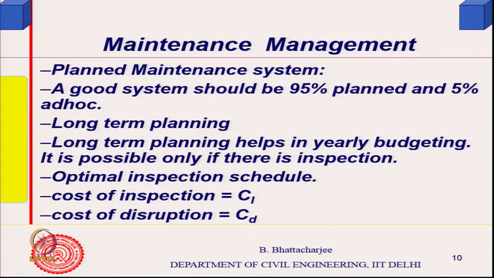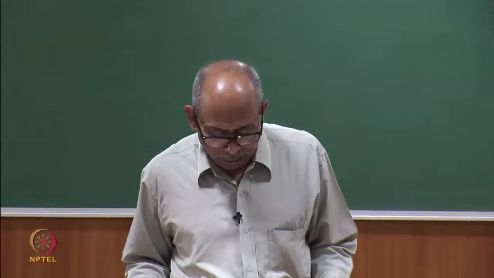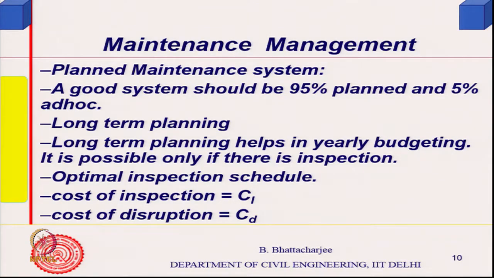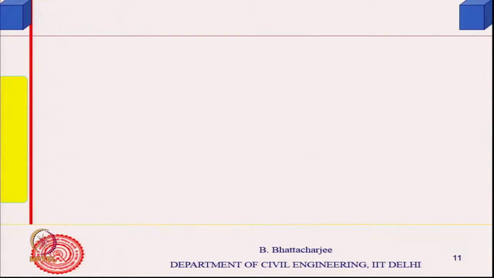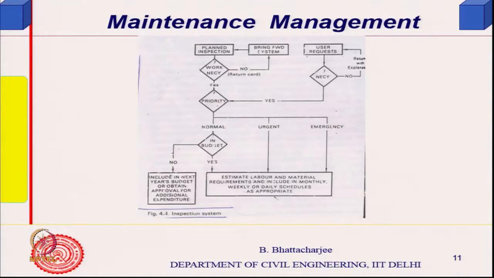So, we have 3 levels of planning, that is what I think I was mentioning in the last class at the end. Long term planning, which will be for 5 years, or right in the beginning you do it, then yearly planning, the middle term, and there is short term planning. Then we looked into certain models actually, right. So, always replacement models, we looked into a number of them,